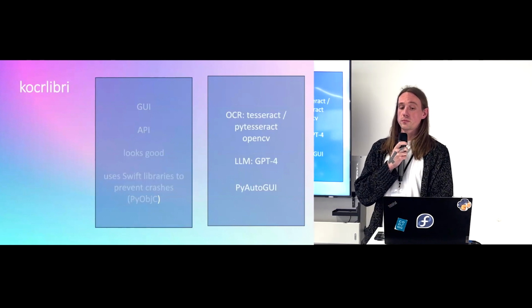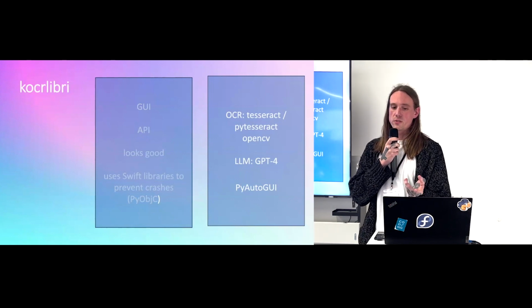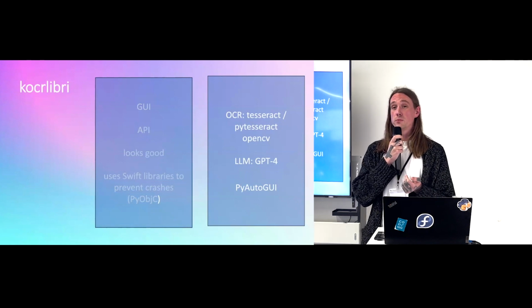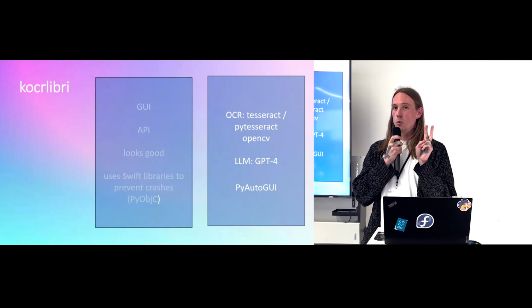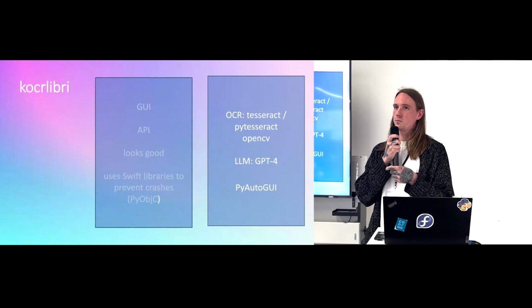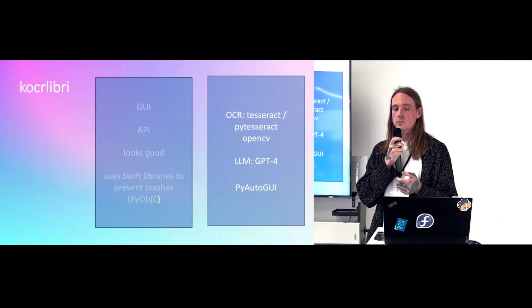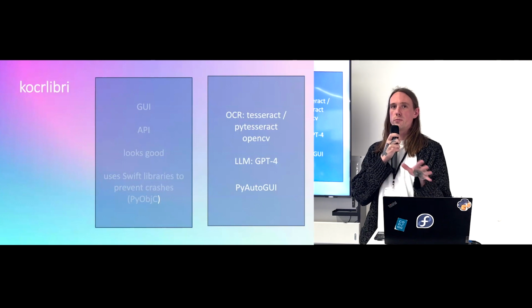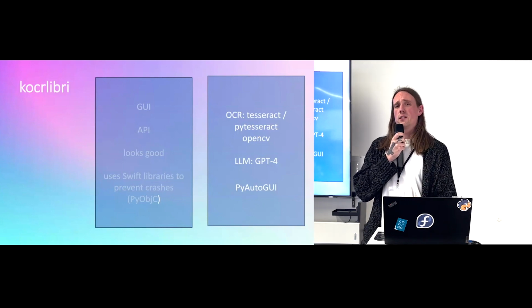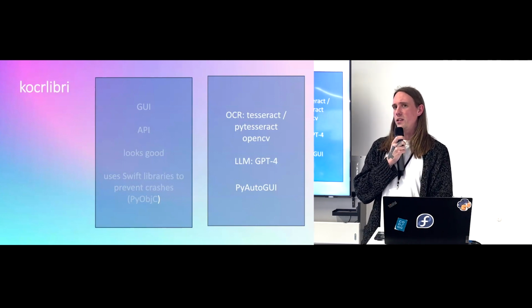In the iteration of the project that I just showed you, we were basically using OCR. I used Tesseract, which is actually fairly old. It was interesting to me that one of the more senior computer vision models, compared with OpenCV, was the easiest to use and gave the best results. For the LLM, I used GPT-4, and then I used PyAutoGUI to automate everything. And I was thinking, okay, I could get rid of this entire machine learning part and replace it with something else.